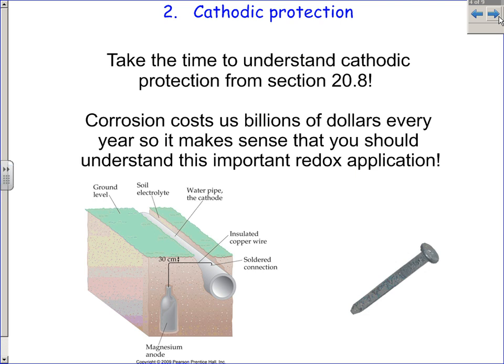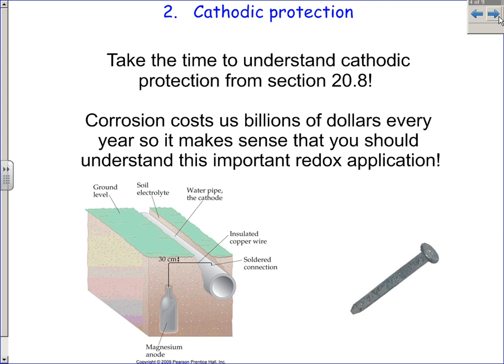Two, cathodic protection. It's one of those things that we didn't spend as much time on, and it's really what section 28 gets into, different applications of electrochemistry in everyday life. So you should take the time to make sure you understand batteries and so forth. But one of the major ones is really the corrosion reaction. And we looked at that in depth in this section. You really should understand cathodic protection, because corrosion costs us billions of dollars every year, so it makes sense that it's important to understand this application of redox and how to prevent corrosion in the form of cathodic protection, like